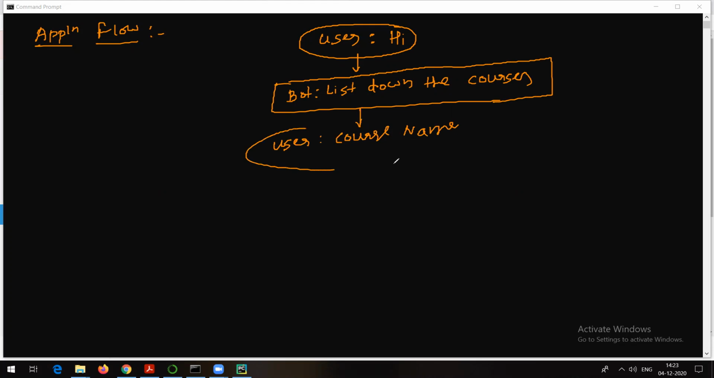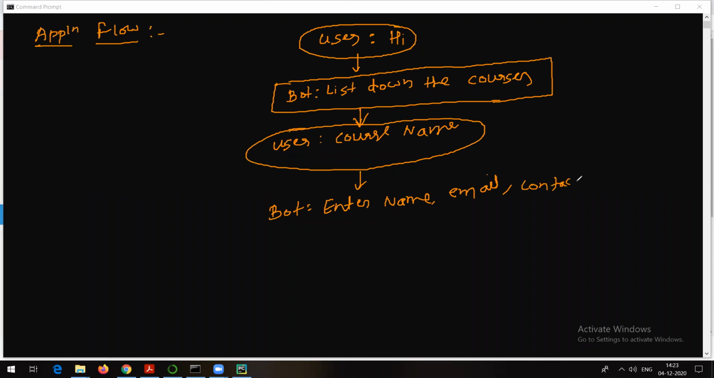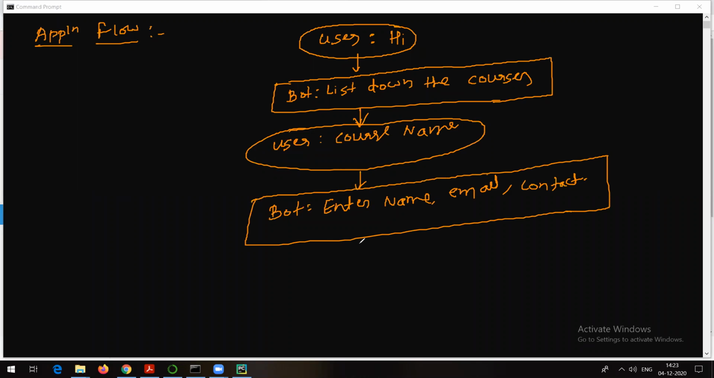Once the user enters the course name, then again the bot is going to ask some questions. It is going to ask to enter maybe the name of the user or customer, the email ID of that customer, the contact number of the customer, and so on. This is the information our chatbot, or our bot application, should get from the user. And once that is done,